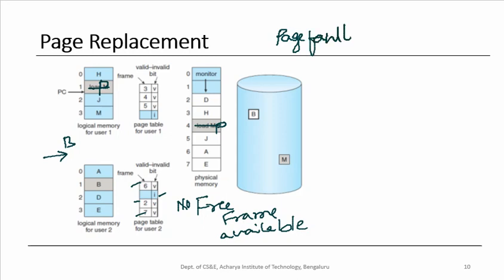How is this handled? Now the operating system has to locate that page on the hard disk. It is present in the hard disk, and it has to bring this page into the main memory. Now when it tries to bring this page into the main memory, if you see carefully, there is no free frame. So there has to be a page replacement. That means one of the pages of this process or the other process has to be replaced, removed and put into swap space.